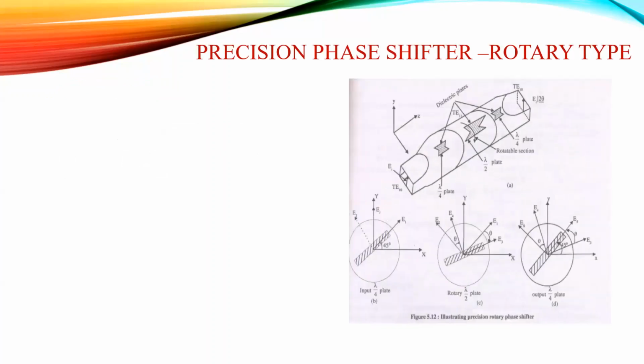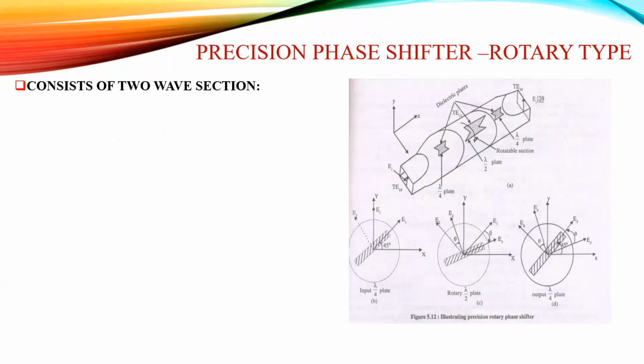Before getting into the topic, let me tell you what a phase shifter is. As Tushar already told, a microwave phase shifter is a two-port passive device which produces a shift in the phase of the wave transmitted through it. It produces a phase shift whenever you place a lossless dielectric plate inside a rectangular waveguide. So let me get into my topic.